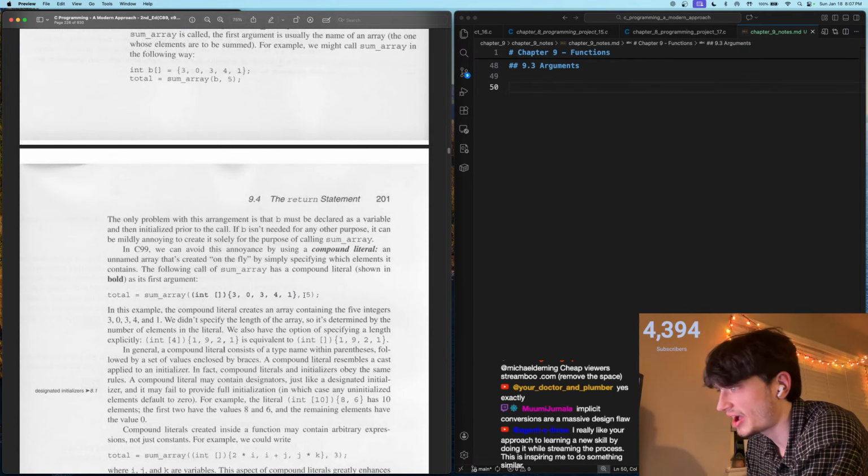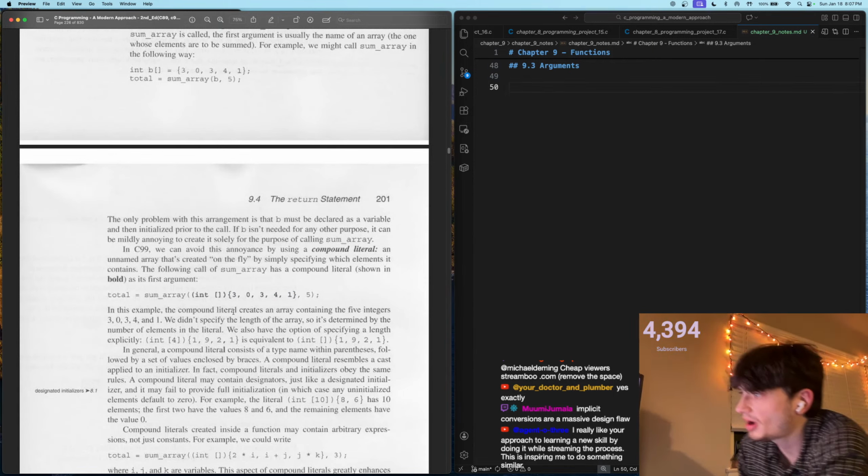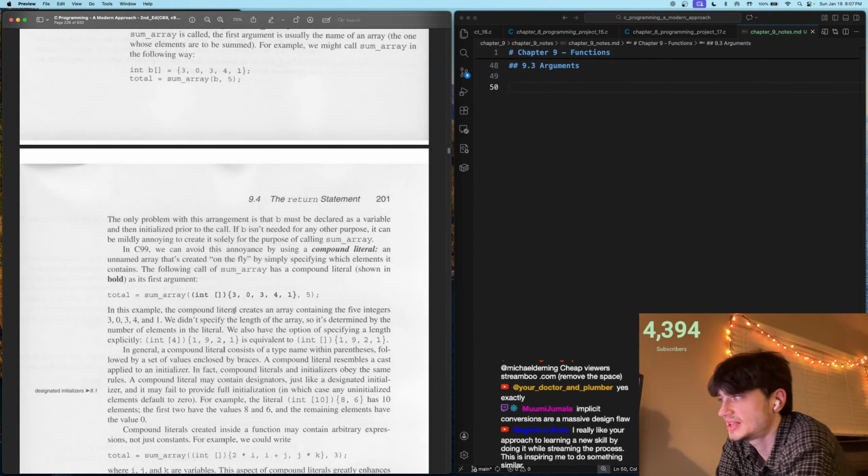And then we have the 5. In this example, the compound literal creates an array containing the 5 integers 3, 0, 3, 4, and 1. We didn't specify the length of the array, so it's determined by the number of elements in the literal. We also have the option of specifying a length explicitly within the actual compound literal. Int 4 for the sequence 1, 9, 2, 1 is equivalent to int